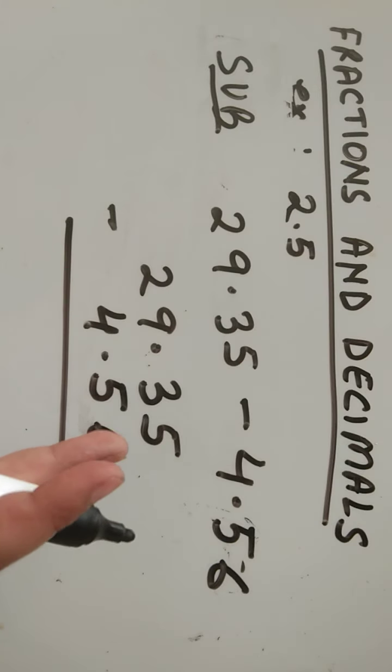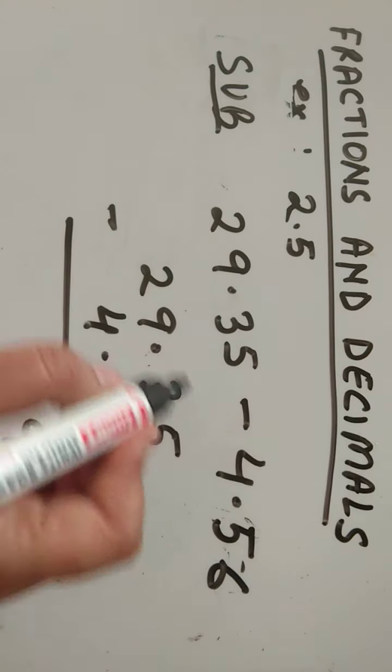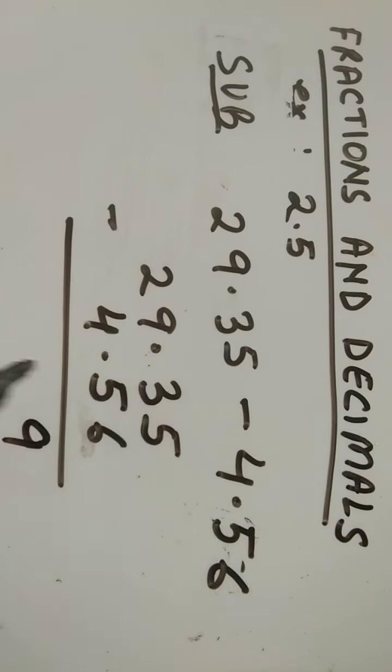Now you will take a carry, that will be 15. 15 minus 6, we get 9. Then it is 2; 1 again you will take as carry. Here you will get 7. Then 8, 4, 2 will be as it is. Here no value is there, you can take it as 0. So that is your answer.